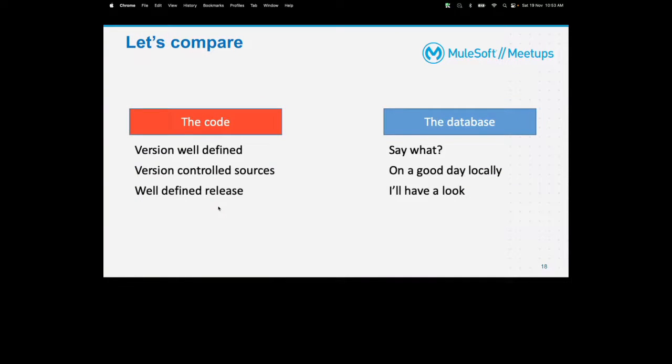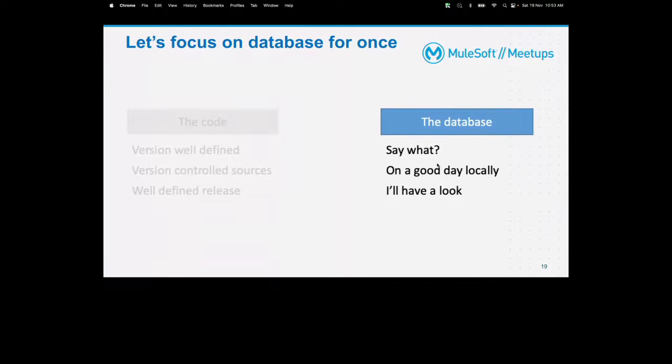Let's compare the code side and the database side. On the code side, we have a very well defined version. When we promote any changes into another environment, we do versioning, we have version control sources, and we have a well defined release. These are the things on the code side. But on the database side,